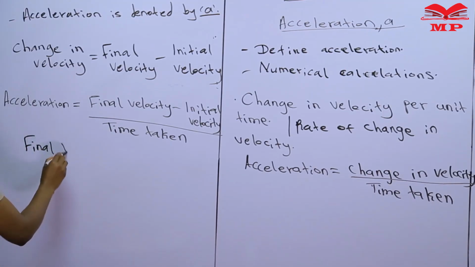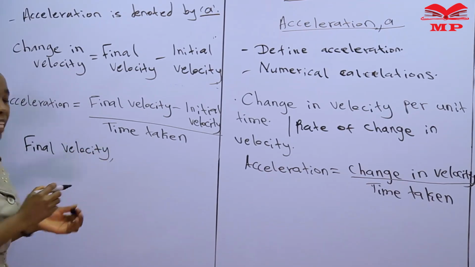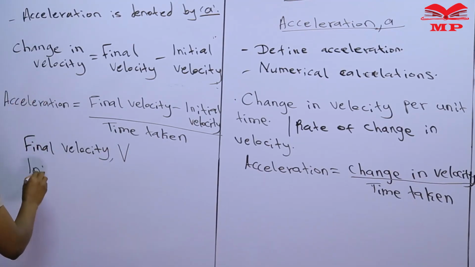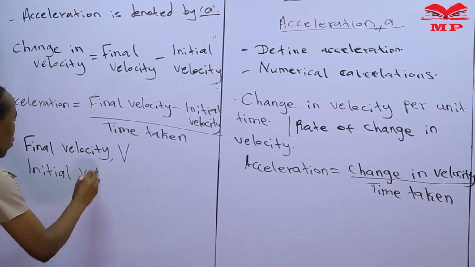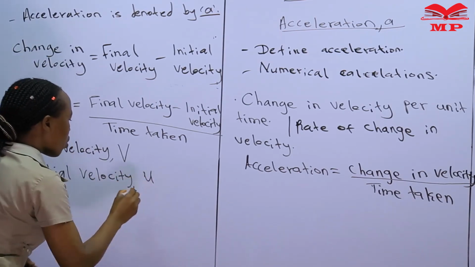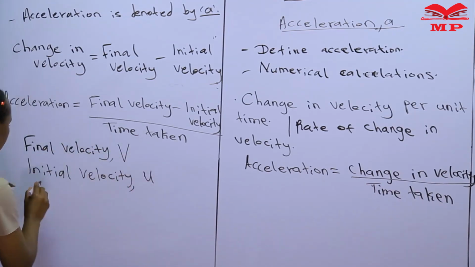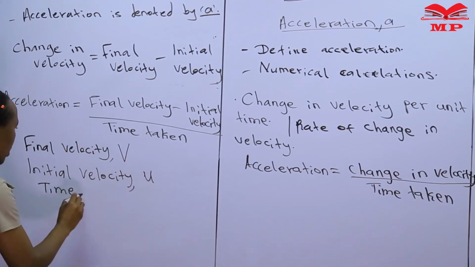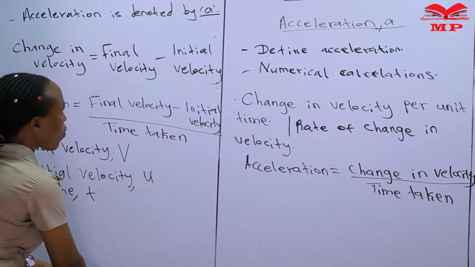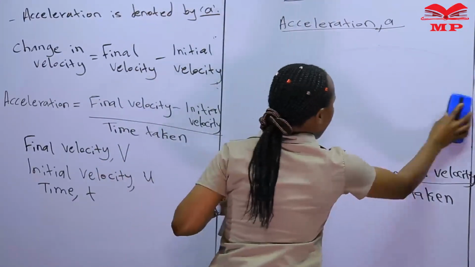The final velocity, we denote it using a capital letter V. Then for the initial velocity, we use a small letter U. So ensure that it has the tail. And as we know, for time, we use a small letter T. And therefore, from this formula, we are going to have that acceleration A